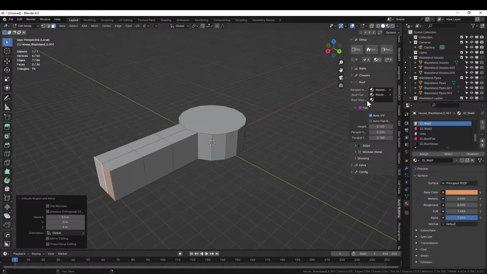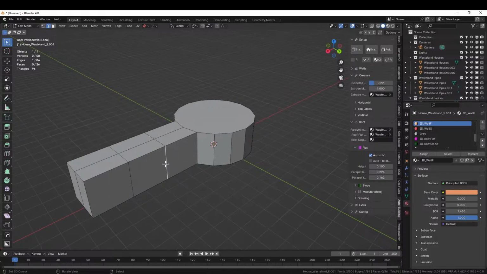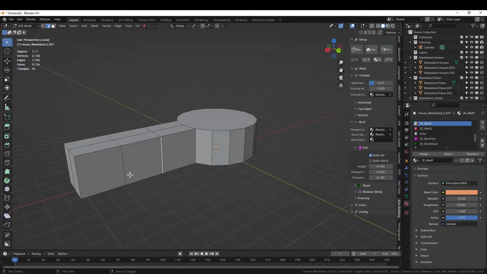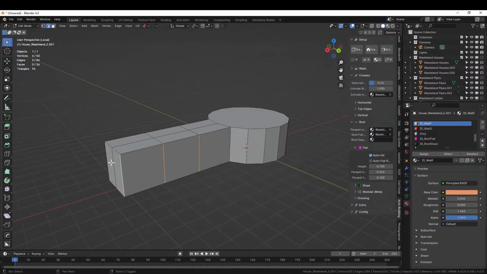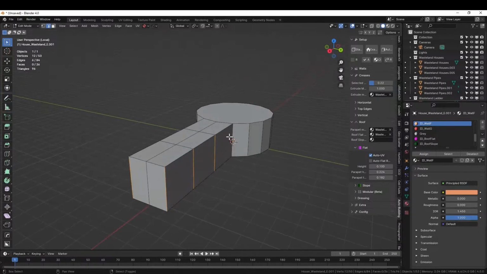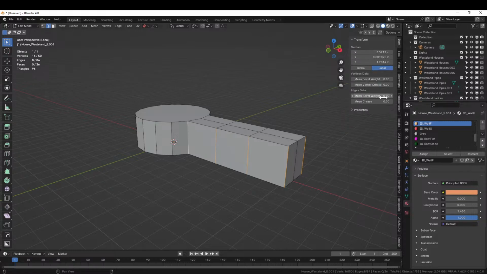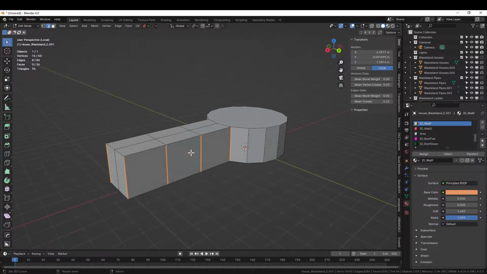Now, will it let me do it here? Let's try the creases again. No, it is just not liking that. Fine. And here too. And here. And I'll do more testing so I can figure what's going on with that in a little bit, but not during a stream. And then